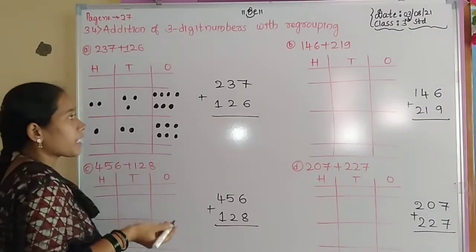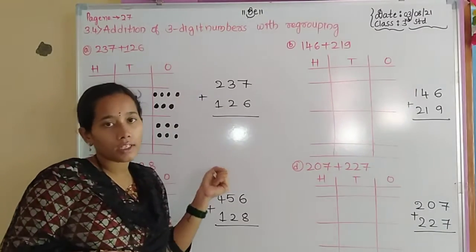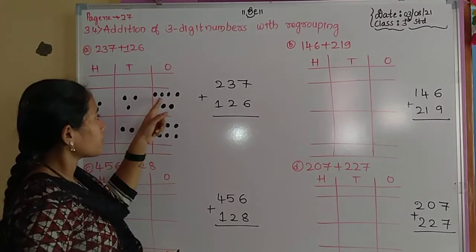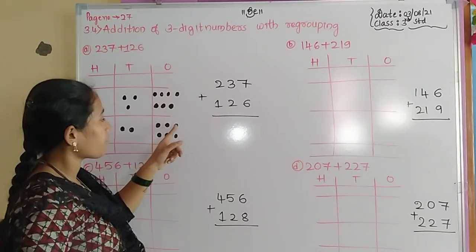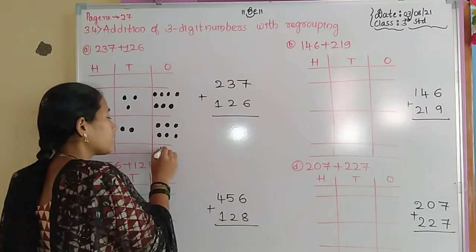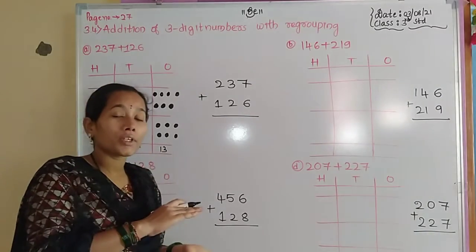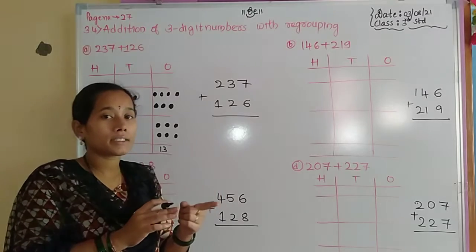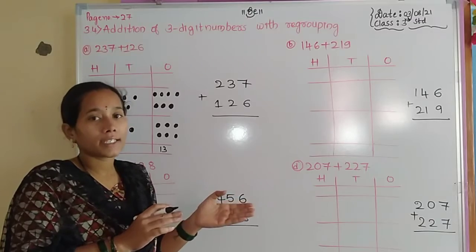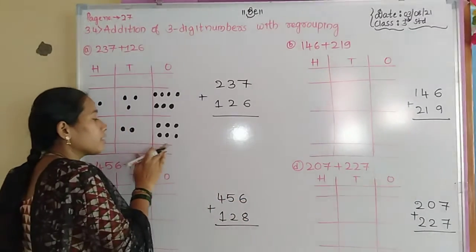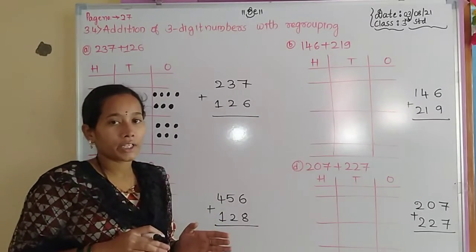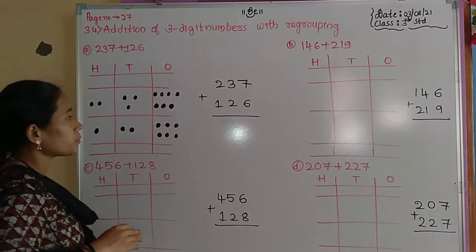In the previous classes we saw that we have to add the ones position first, then write the answer here only. When we add these two, see 1, 2, 3, 4, 5, 6, 7, 8, 9, 10, 11, 12, 13. 13 is the answer, so do we write 13 here only? But in the case without regrouping we got only one digit, so that is correct for the ones position. But here we get 2 digits, so writing 2 digits in the same position is a wrong addition. So here we have to regroup the number.